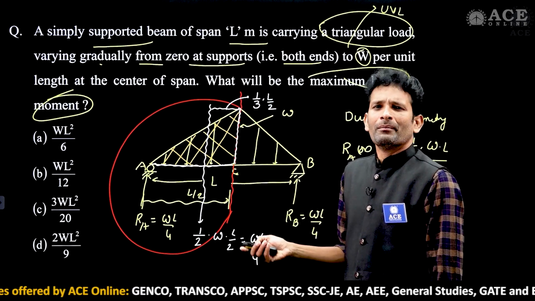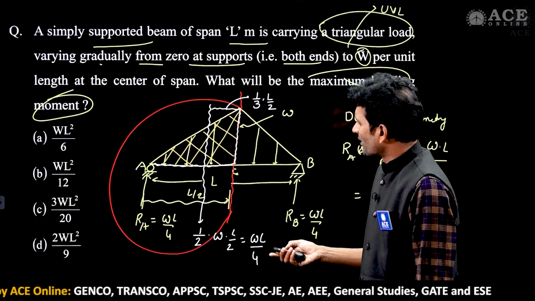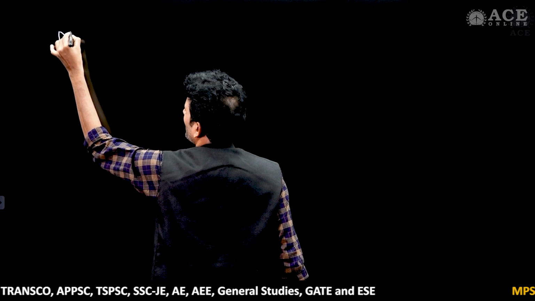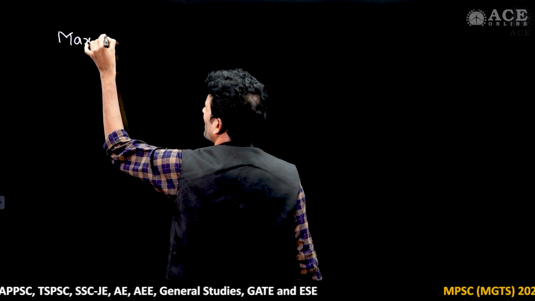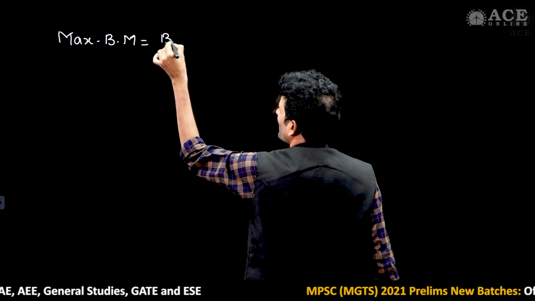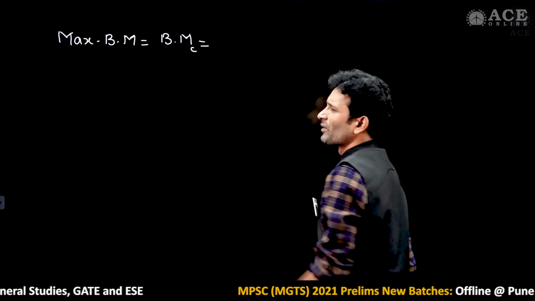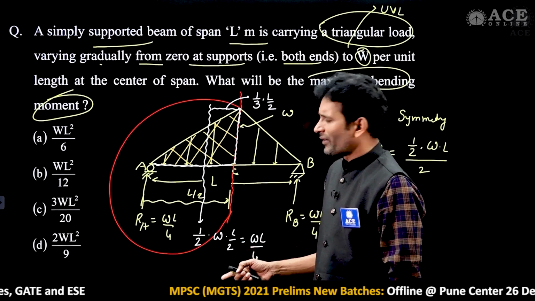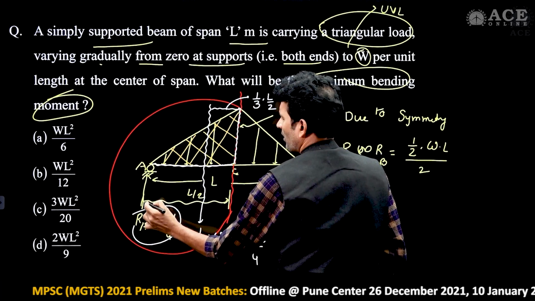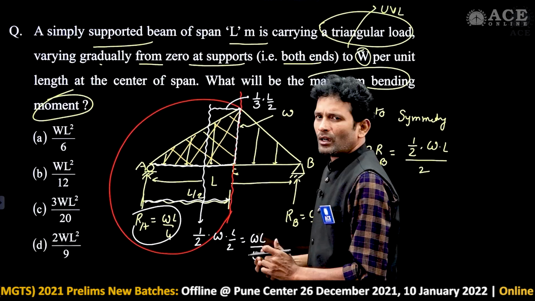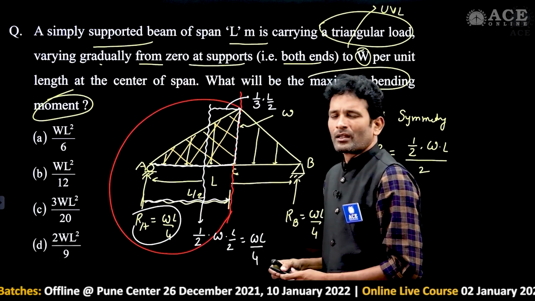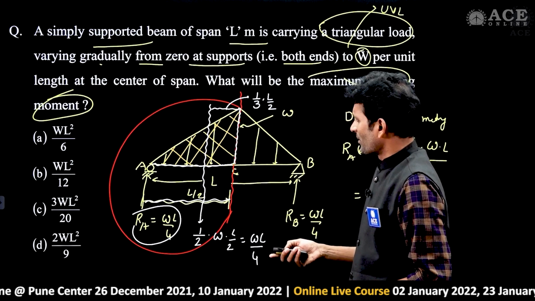Now, take the bending moment at the section. How are you writing the bending moment at a section? Here, my requirement is the maximum bending moment. In this case, the maximum bending moment is available at point C. Write down the bending equation by considering the left hand side forces. First one is RA at a distance of L by 2. How is it taking the rotation? It is giving the positive effect, clockwise rotation. On the left hand side, clockwise rotation gives the positive effect.